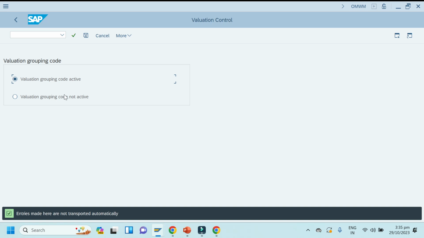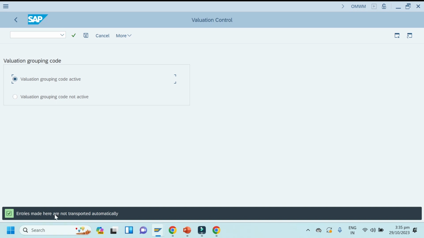Otherwise, for each plant, GL account has to be assigned separately.